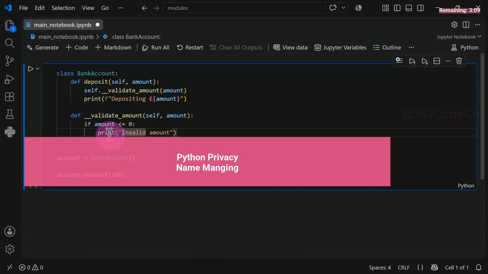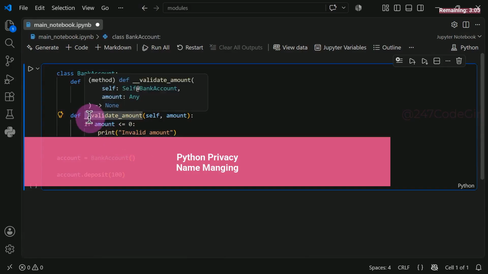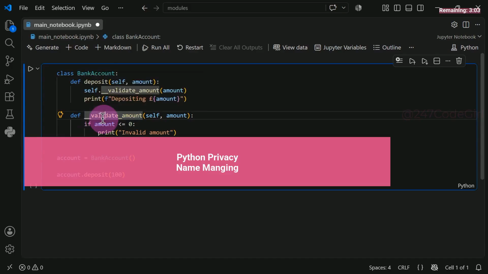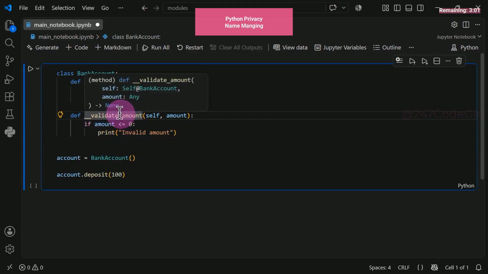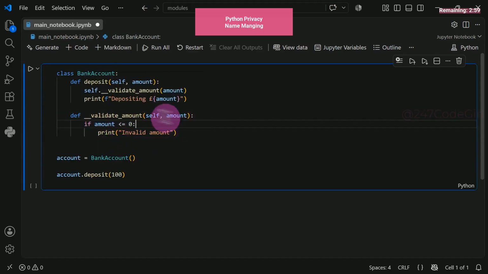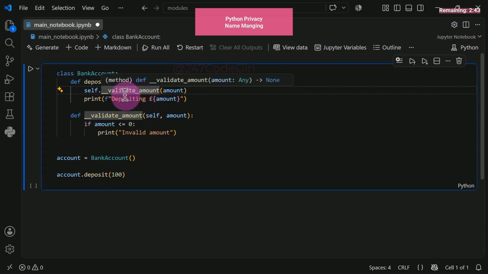In Python, you have probably seen methods with a double underscore prefix. Those double underscores signal that the method is private. Private means this method should not be accessed from outside the class. Let's look at a bank account example to see this in action. When a user calls the deposit method on the account, it receives the amount being deposited. Inside, it then calls a private method called validateAmount. Because before anything else, you need to verify that the amount being deposited is actually valid.